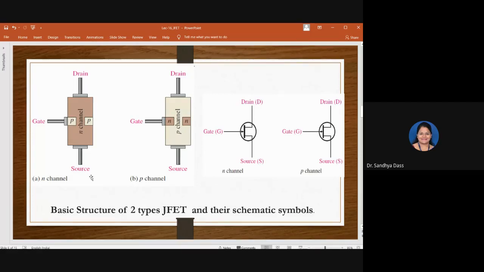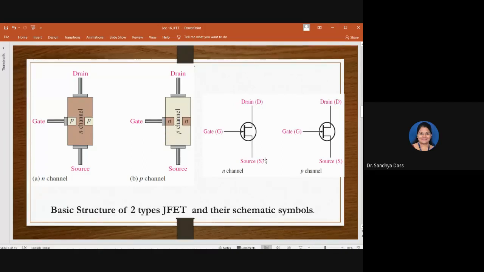So most of our discussion would be on N channel. All right, the operation, the working, we will be concentrating on N channel, which would be applicable to P channel as well. Only the polarity of the potential applied would be varying there. Okay,